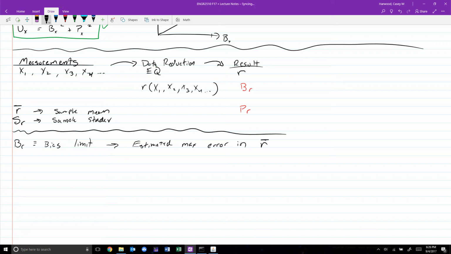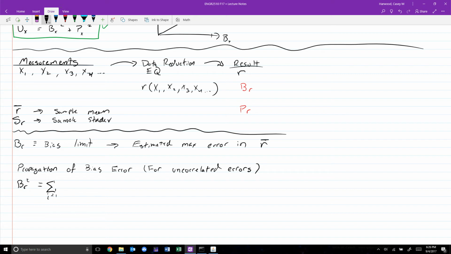However, we don't know what the true value in R is. So how do we make that estimate of the bias limit? This is what we call propagation of uncertainty, or propagation of bias error. So the formula that you're going to want is propagation of bias error specific to uncorrelated errors. And this says that b sub r squared is equal to the sum